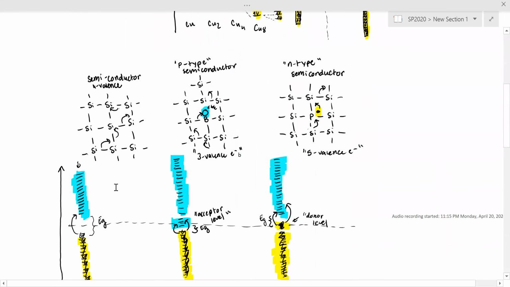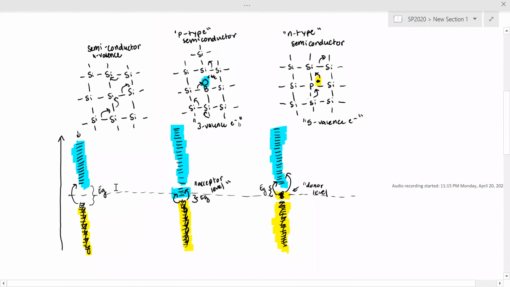Now, what I've shown here are the band theory diagrams of semiconductors. First we're going to look at the one on the far left. Semiconductors are your metalloids, and in this case we're looking at silicon, which is used a lot in modern technology, your computers, your phones, stuff like that. And it is a very useful